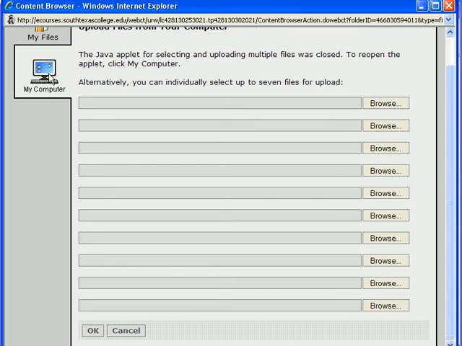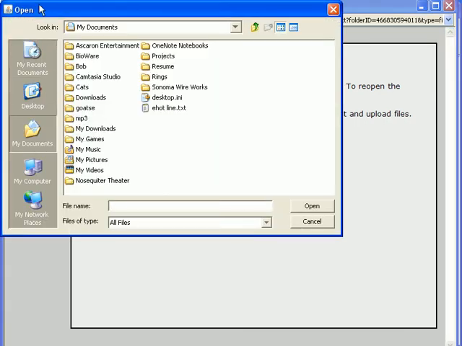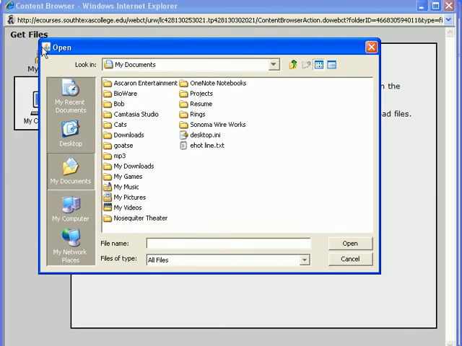However, if this icon does appear, that means you can click on that and it'll pop up this little Java application, and that's what this little icon here is. Hey, this is Java. This will let you pick 10 files the easy way. And what I mean by that is we're going to go,